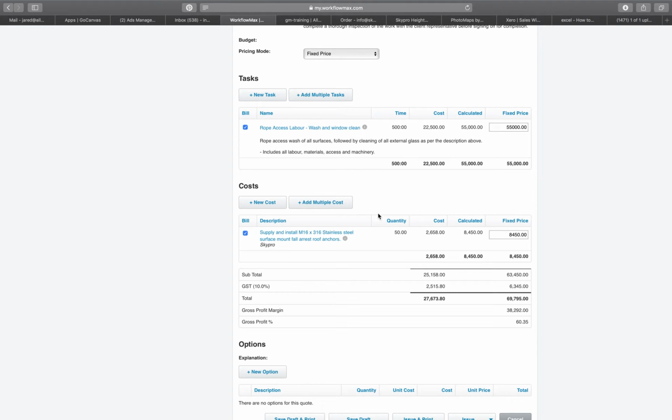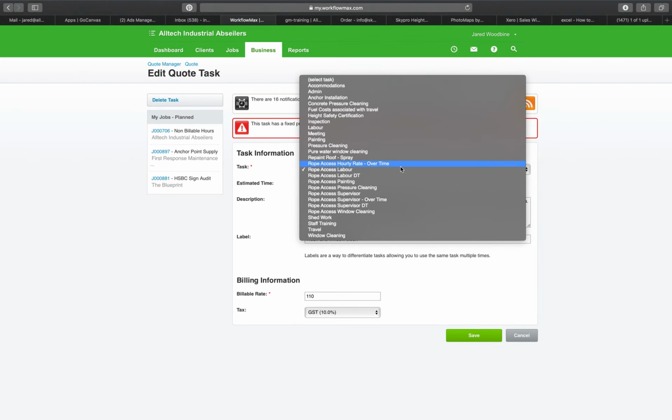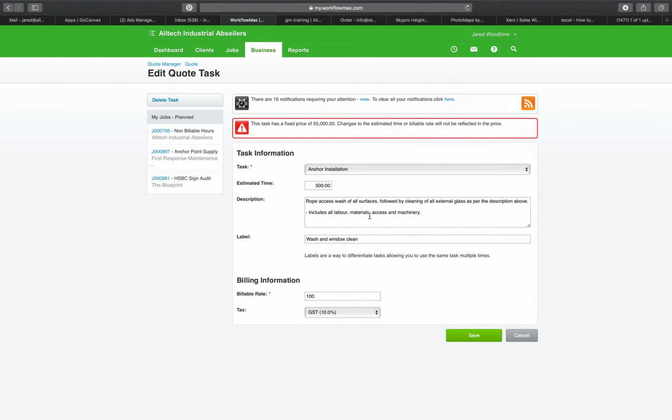So what you need to do, because at the moment obviously this isn't accurate, we've got this rope access labor here for pressure cleaning. So let's get rid of this. We're going to change it to anchor point installation. That hourly rate should be fixed up, by the way. We would normally be charging 140. Now we had half an hour per anchor, so that means each guy's getting about 16 anchors done a day. That would be quite comfortable. So for those 50 anchor points, that's 3 staff for a day, give or take, 16, 32, 48. So we're going to put in 24 hours labor,